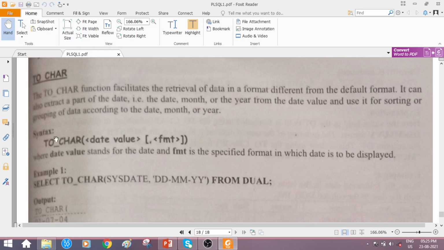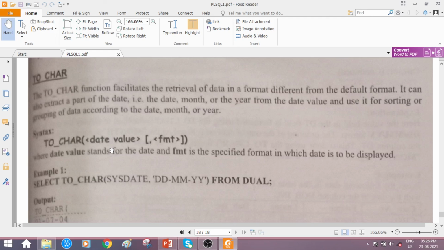So the syntax here is toChar followed by the two values or two arguments that we have to pass. The date value, and the format in which the date has to be displayed. So toChar is actually used to retrieve the data from the table.